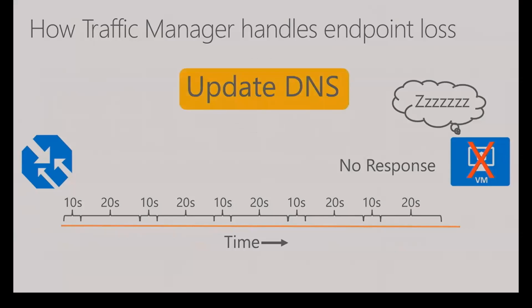So I'm going to update DNS. And it goes and changes your DNS to what you've configured it to. So you configure it to your secondary site. That's your second region, or third region or fourth region. You can choose what you want. It goes and updates DNS, so when someone makes a request now, they're going to get that new response. But there's also a thing called TTL that you need to be aware of. TTL is time to live. And what that means is how long, when someone's made a request to your server, that they should hold on to that.